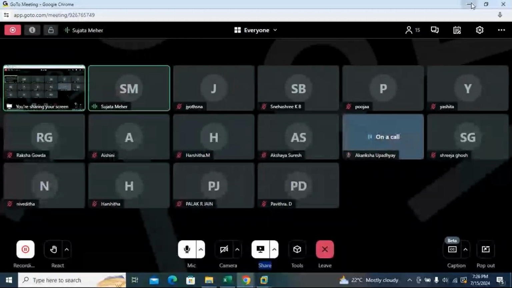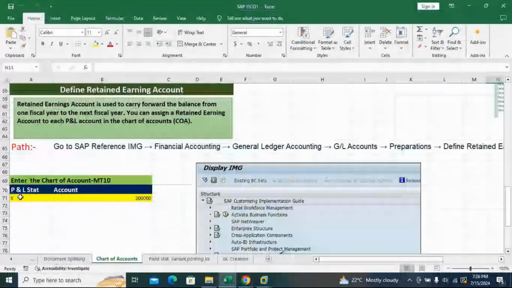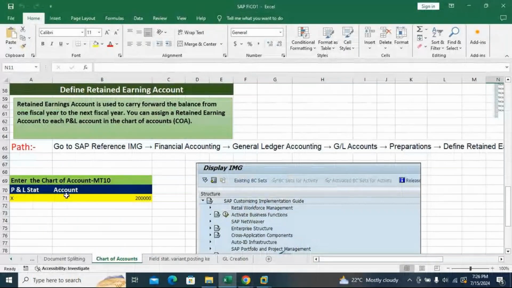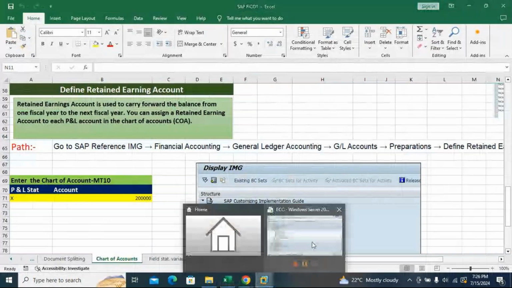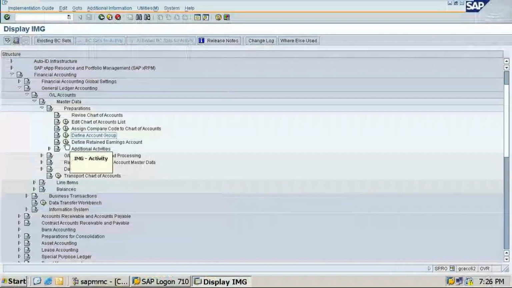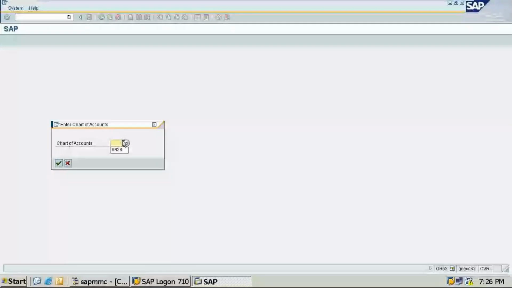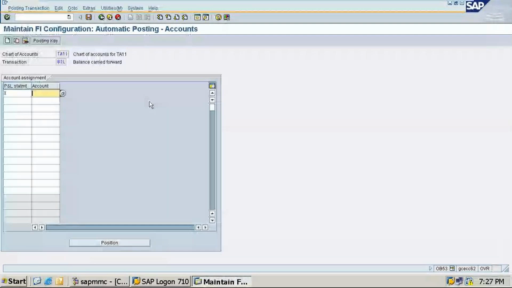Here I have given the screen XPL and account is X. I have just given one letter and accounts is 2 lakhs 1. So I'll give here just 2 lakhs 100. So click on this define retained earnings. So this is the different chart of accounts what we have done last class. So I am giving TA11 chart of accounts you need to give. You have to type here X, 2 lakhs 100. I am giving. You have to press enter. So what is your accounts 2 lakhs 1 not created in the chart of accounts is showing. Just press enter once again and click on save. So this has been created.